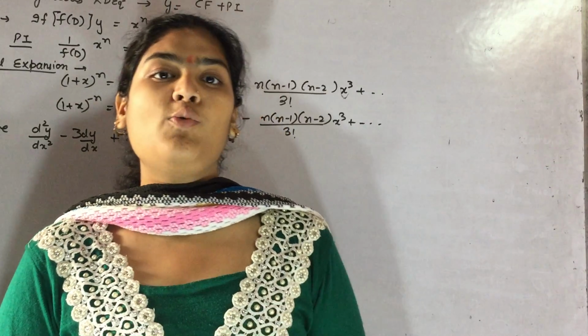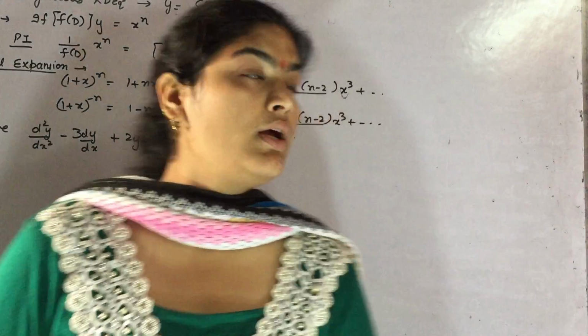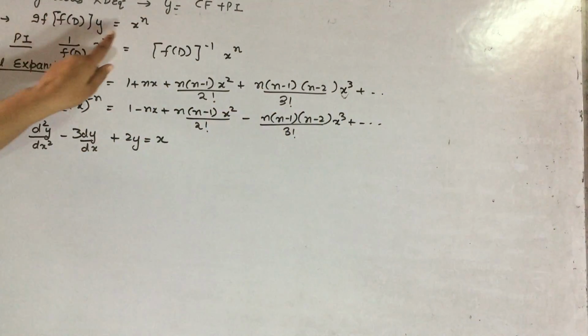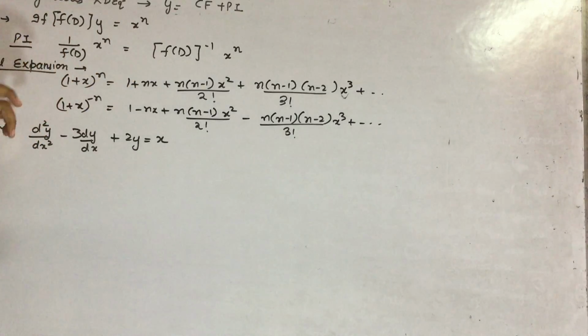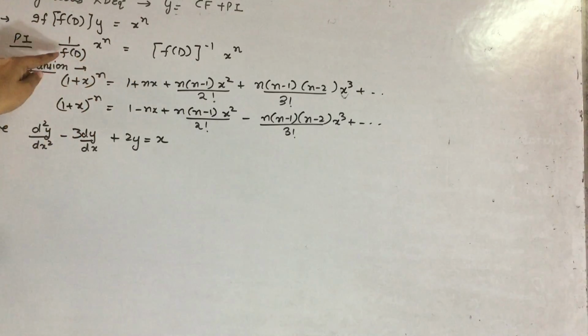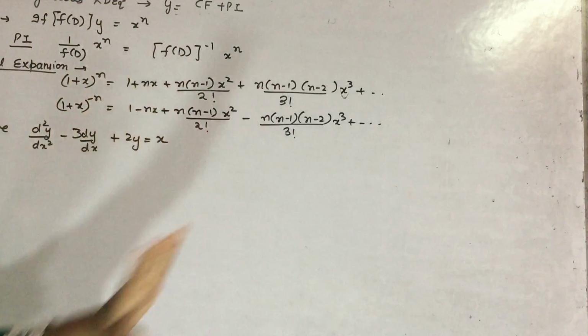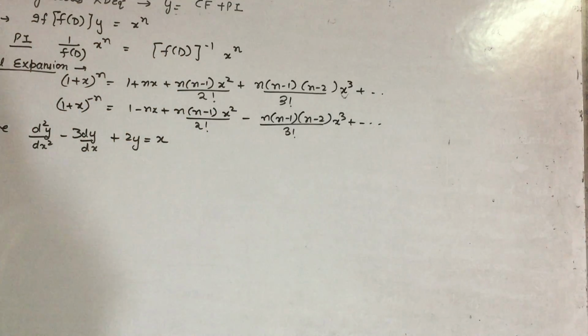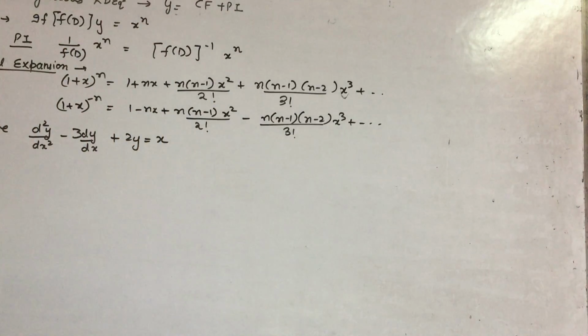Once again, now we are going to discuss the non-homogeneous linear differential equation when an algebraic expression is given on the right hand side. So what you have to do, if the form of x raised to some power is given to you on the right hand side, then you have to take this 1 by f(D) in numerator form and just expand it according to binomial expansion. Now the question is how. So I'll give you the answer.